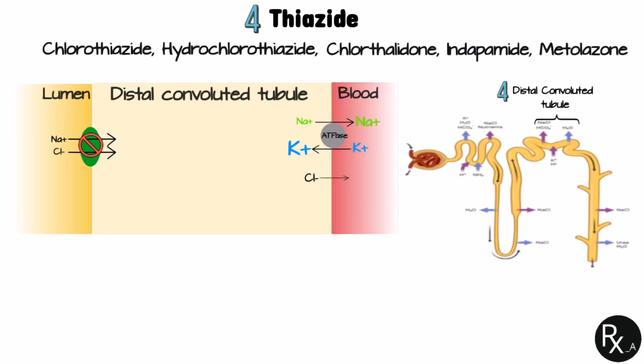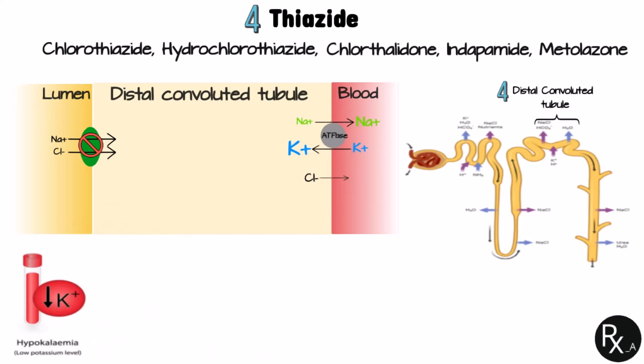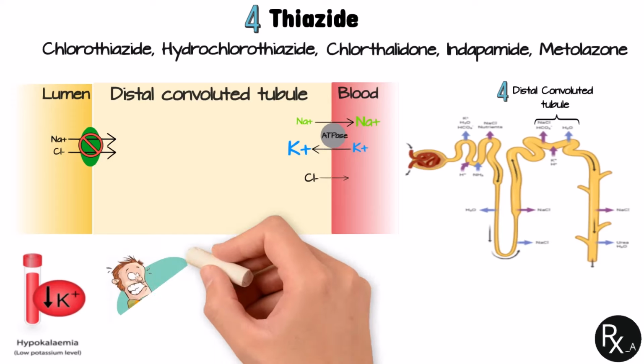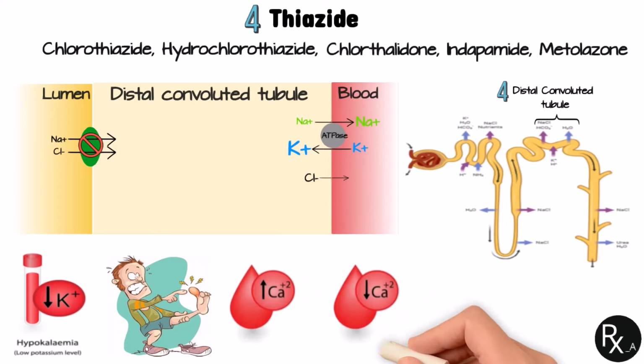In terms of side effects, thiazides can cause hypokalemia due to increased sodium delivery to the distal parts of the tubule. Additionally, by interfering with uric acid transport, thiazides can cause hyperuricemia, which may worsen gout. Loop diuretics can cause hypocalcemia due to increased calcium excretion. Conversely, thiazides can have the reverse effect, resulting in hypercalcemia.